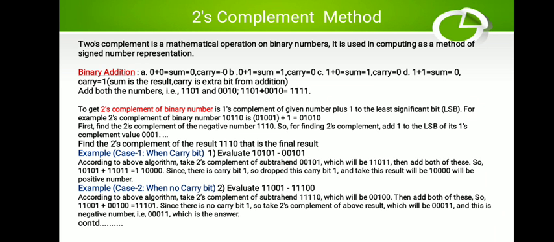So what is your first number? Your number is 1, 0, 1, 0, 1. Add 1, 0, 1, 0, 1 with 1, 1, 0, 1. So what do you get? Start adding from the LSB, that is the rightmost bit. 1 plus 1 will become 0, carry 1. So with the carry, it will become 1 plus 0 plus 1. So 1 plus 0 is 1, 1 plus 1 is again 0.